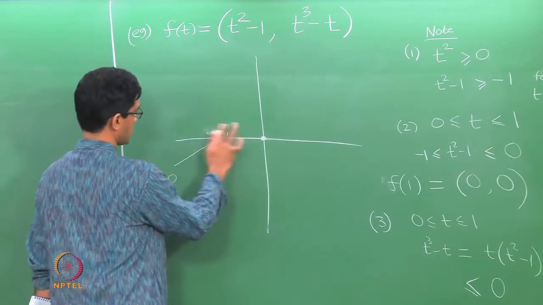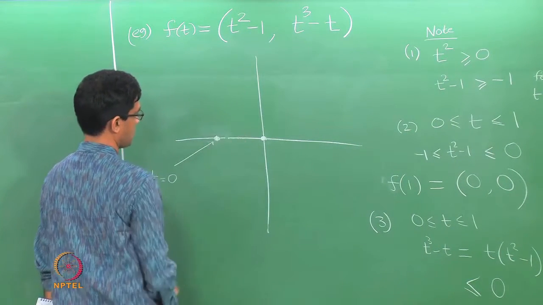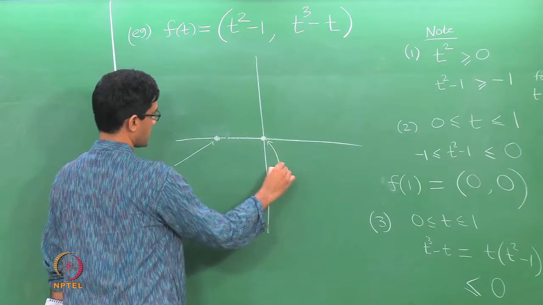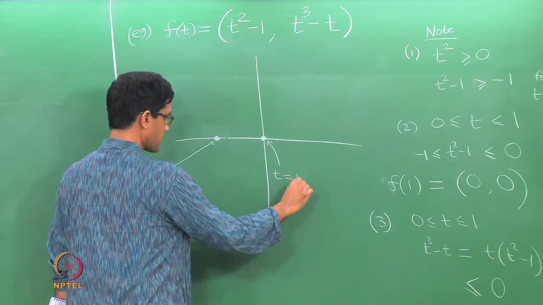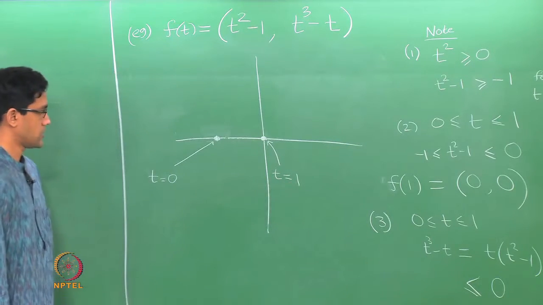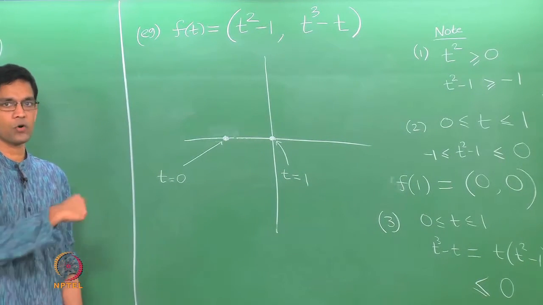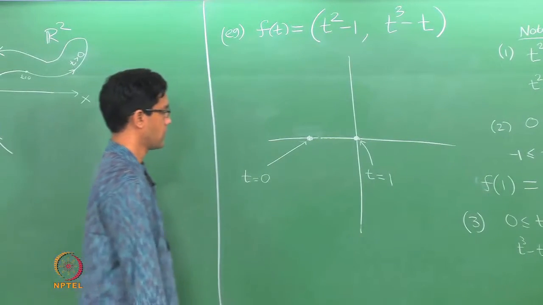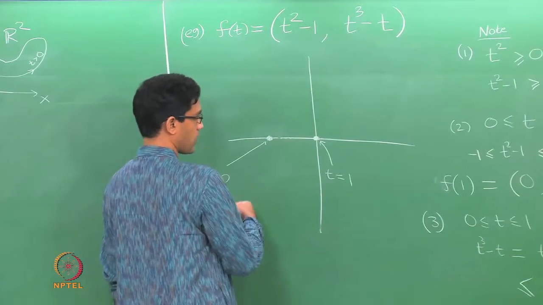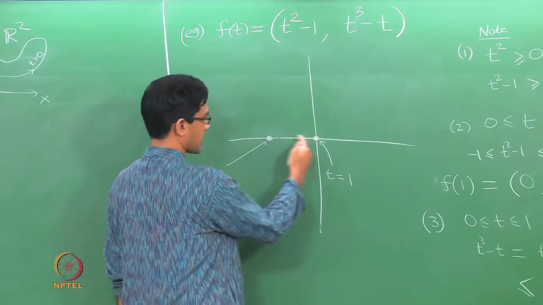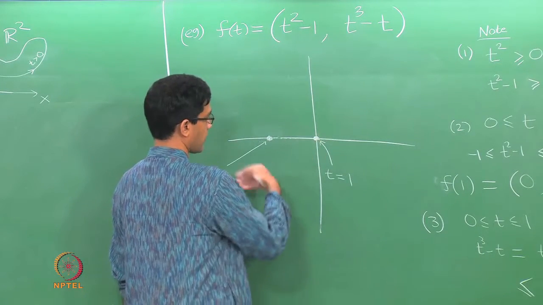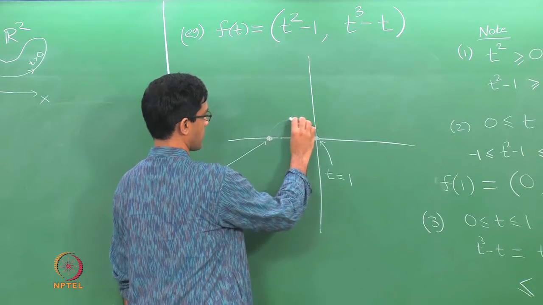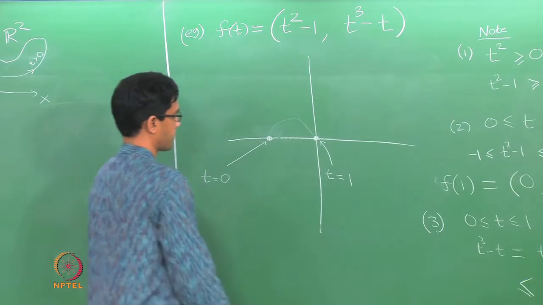So here is really the question. So let us just remove this. This is where the particle is at t equals 0. This is where it is at t equals 1. That is the origin. Now the question is, how did it go from here to there, right? We are trying to get an idea of what the shape of the curve is. So when t changes from 0 to 1, the x coordinate is of course negative, it continues to be negative, whereas the y coordinate is positive. So the particle sort of stays in this quadrant, it is somewhere here the entire time.